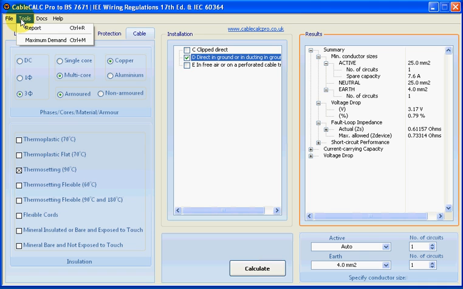From here we can save files. We can also produce